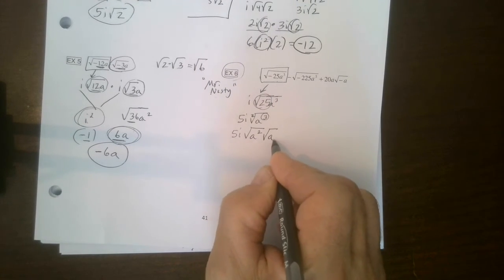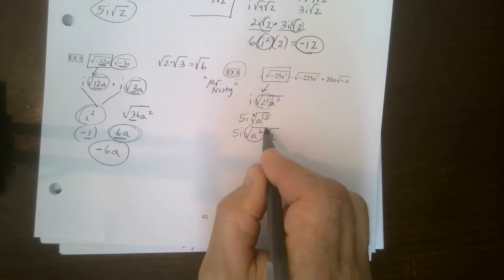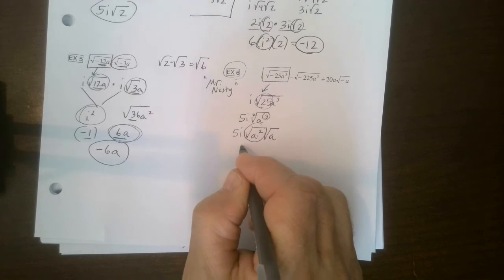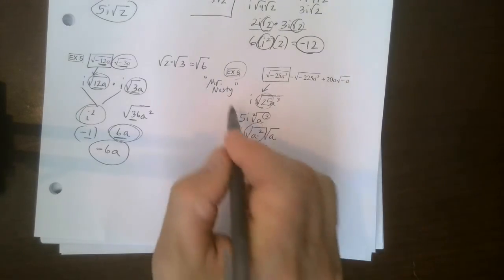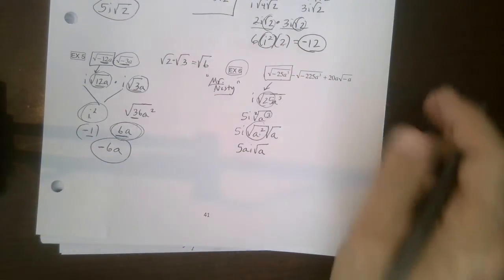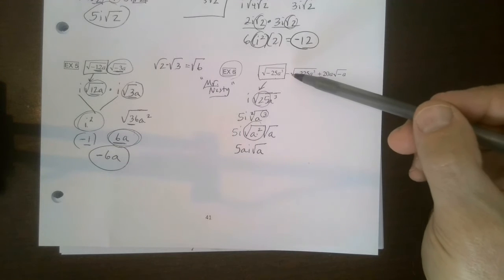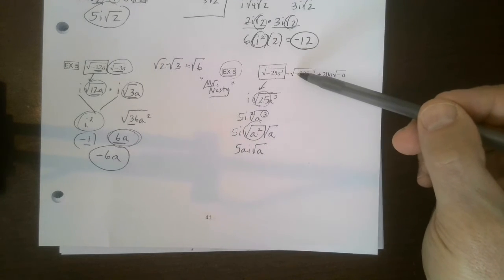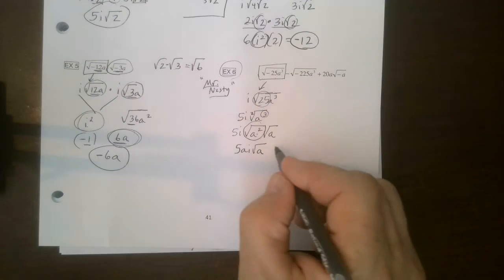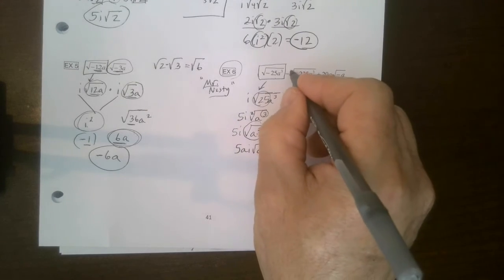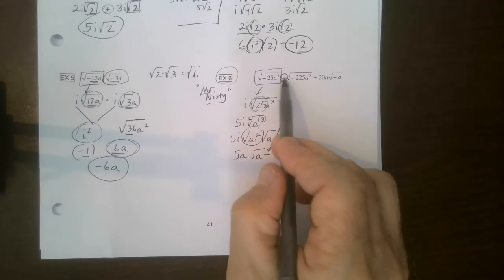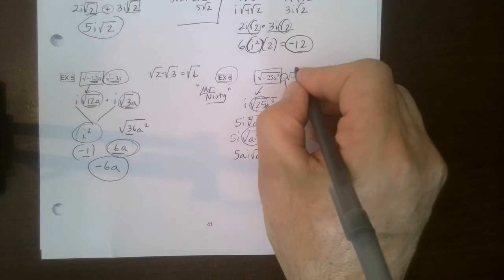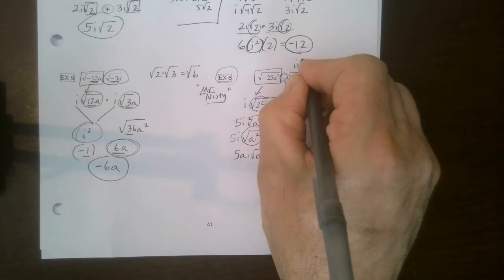I'd be left with 1. What's the square root of a squared? a. So this turns into 5ai square root of a. See why this is going to be Mr. Nasty? Now you're going to be challenged here. Do these two negatives cancel? No, no, no, no. So I'm just going to bring that minus down right now. Do not mix these two negatives, because this one, you're going to have to take the i out, and you'd be left with